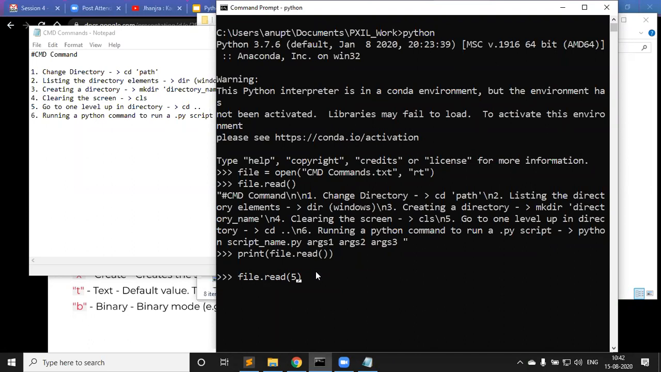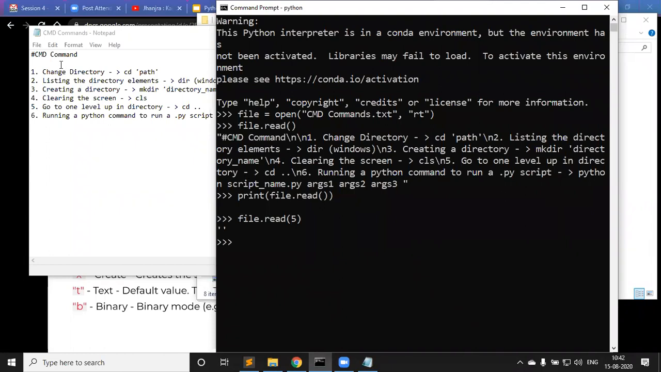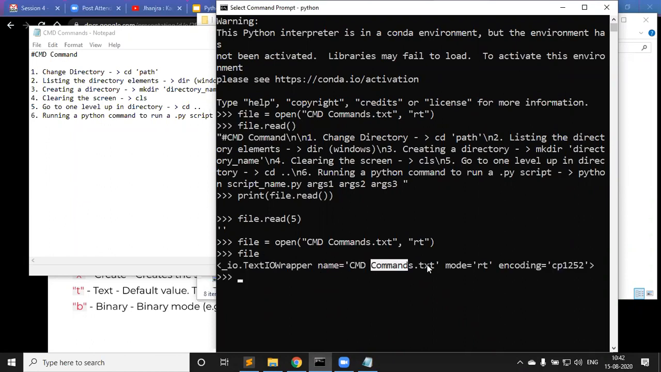All I wanted to tell you was that if you say, let's say 5 here, basically it will try to read a few characters. What is happening here? Let's just assign it again. Okay. Now file is a text wrapper, and file.read(5)